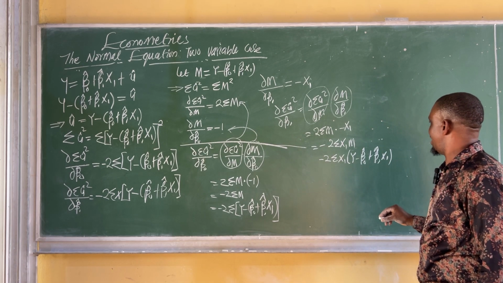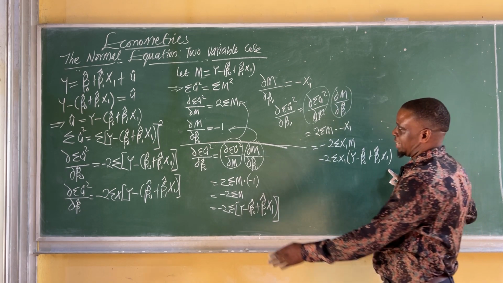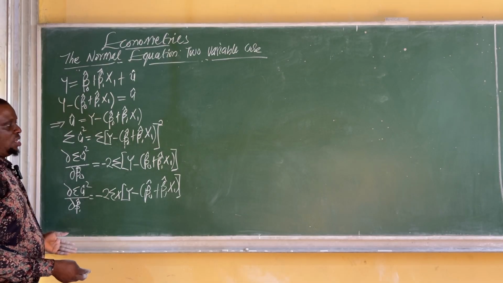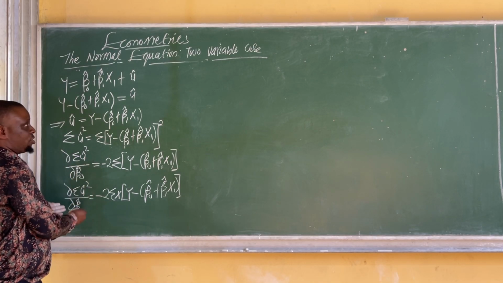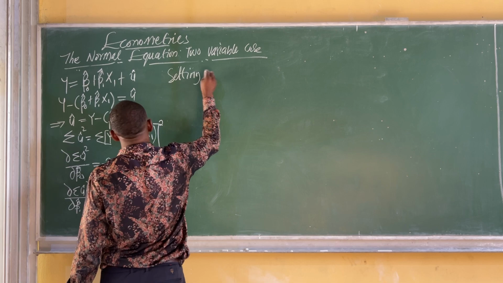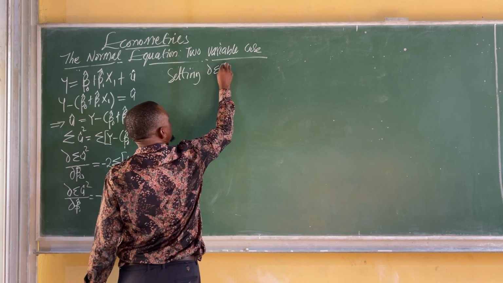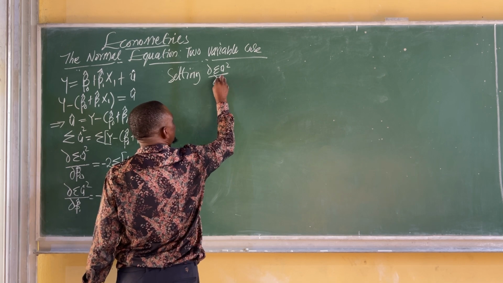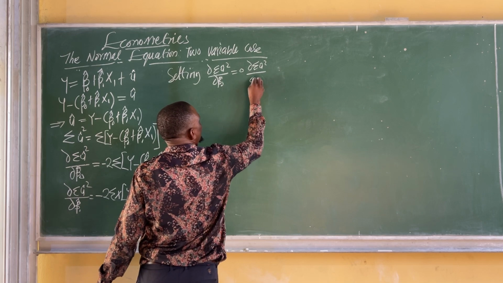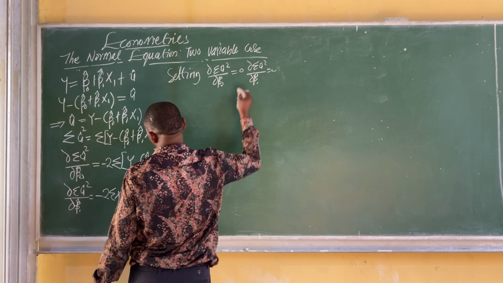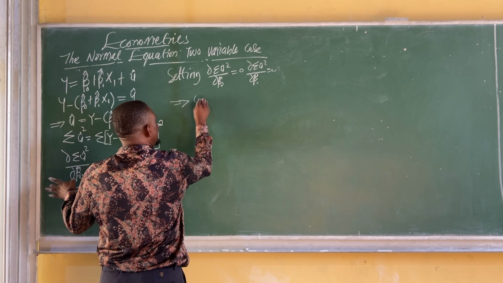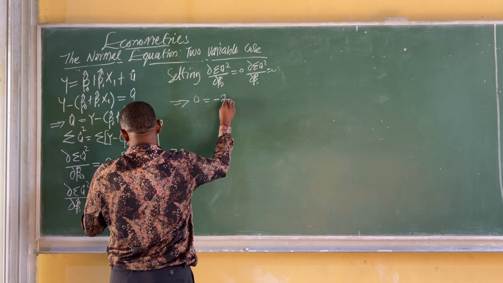Okay? And if you look at this, you see that that's exactly what we have here. The next thing will be to set the whole of this equal to 0. So we'll say setting u hat square with respect to beta 0 hat equal to 0 and u hat square with respect to beta 1 hat equal to 0. It will imply that